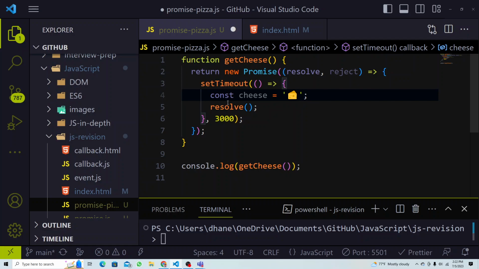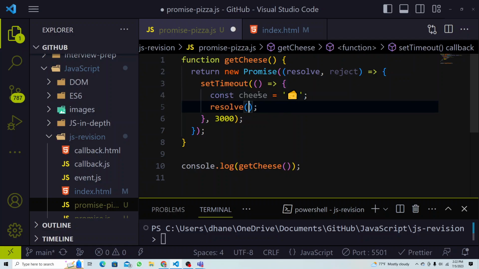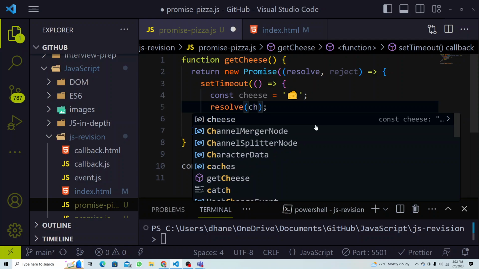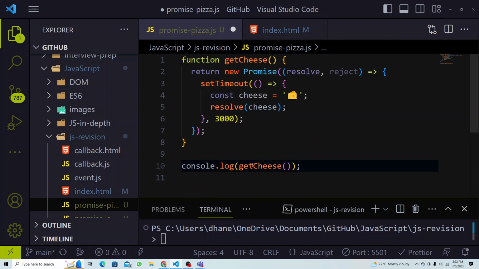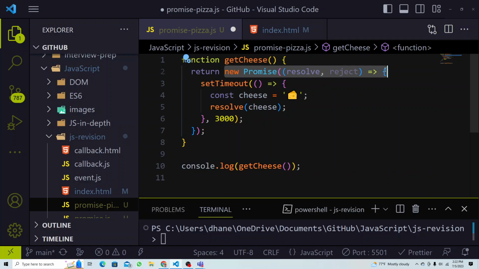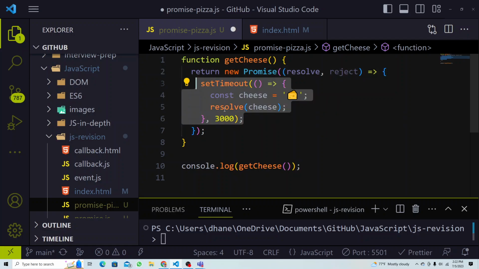So when this will be resolved, I'm gonna send that cheese. Okay, cheese, done. So let's look at this get cheese function, right? Because it is going to return a promise. This is returning what? Promise, right? And then inside we have set timeout. So it will return the promise, and because it is delayed for 3 milliseconds, right, or 3 seconds,